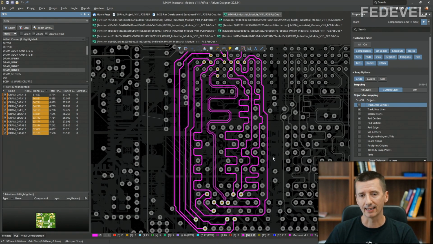Now, the reason why maybe you don't want to precisely length match these signals at this stage of the layout is because you can spend a lot of time doing this precise length matching, and there is a very high chance that a little bit later you will need to move one of these signals and you will have to do the precise length matching again. Trust me, I learned this the hard way.